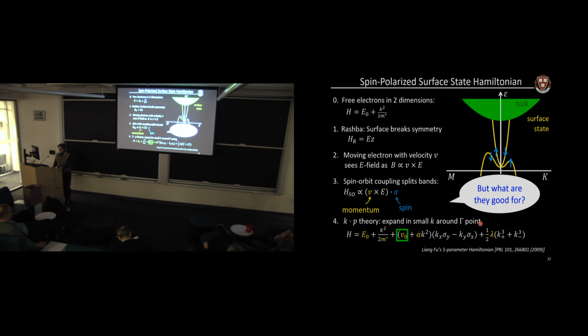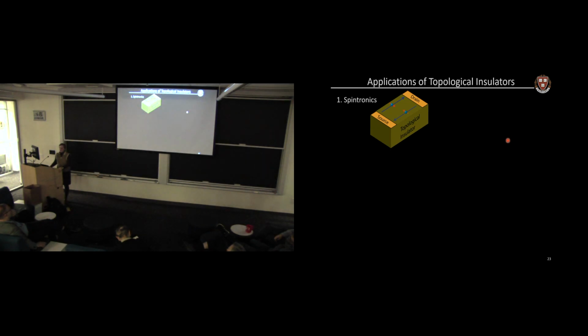So I want you to focus on the spin-orbit coupling term here. This spin-orbit coupling term is the one that splits the bands and tells me that if I'm sitting at this energy and I have a momentum going in this direction, I must have a spin down. But if I'm sitting at the same energy and I have a momentum going in this direction, I must have a spin up. So the spin of the electrons is linked to the direction of the electrons. And that means that these materials can be employed for spintronics.